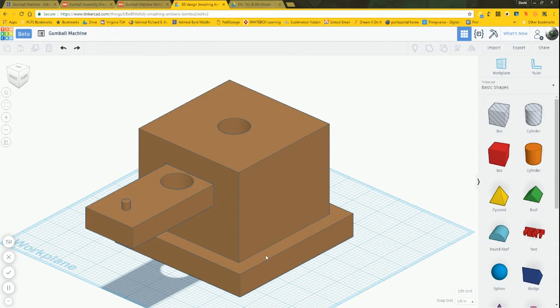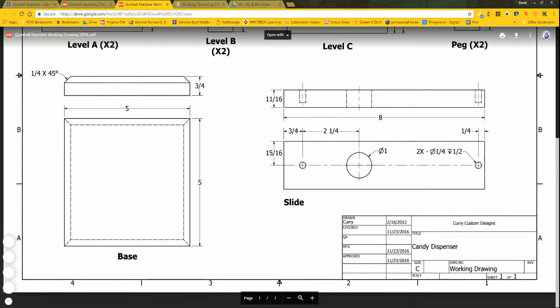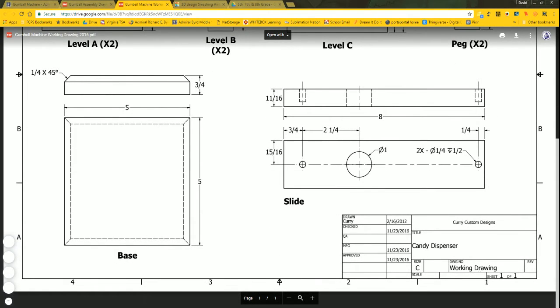Last thing is just chamfers down along the bottom edges here. And one thing worth noting, this does autosave, so you don't have to worry about that. My chamfers go the whole way around the outside of the base. We jump back to here, take a look. It is a 1/4 of an inch chamfer, 45 degrees. So what that means is basically from the outside edge to this point would be 1/4 of an inch in,